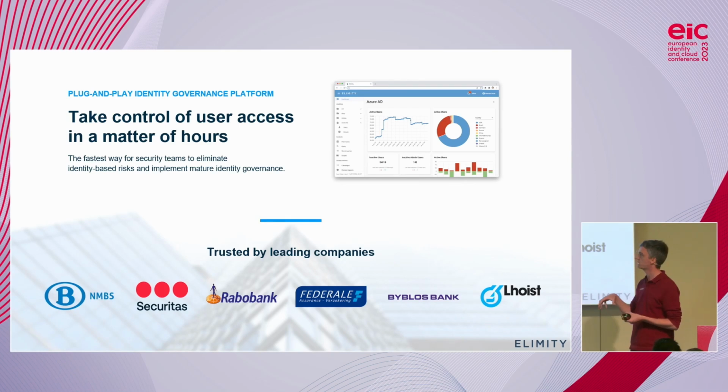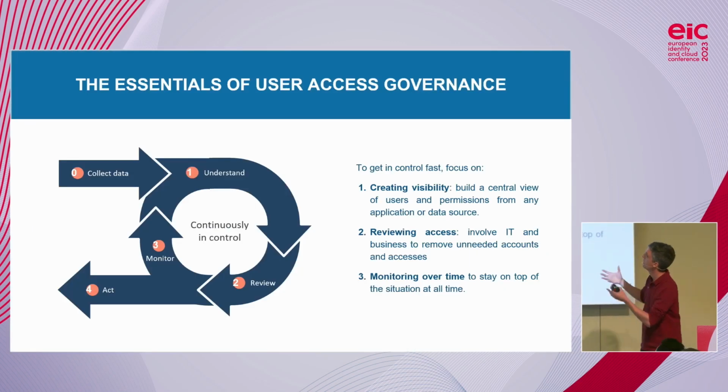That's what I mean with the data approach. We work with companies ranging from 500 people organizations up to 50K employees. So the essentials of user access governance, that's really understanding your current situation, letting the IT team and the IAM team, if you would have that, review that and monitor that over time and act upon things that you see that shouldn't be there. Orphaned accounts, overly privileged employees, admin accounts that shouldn't be there, and so on.